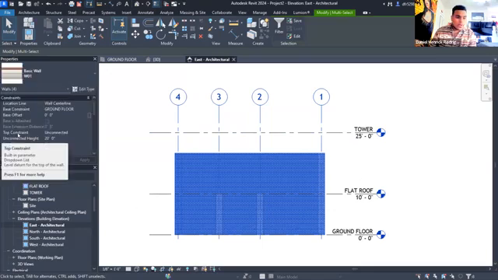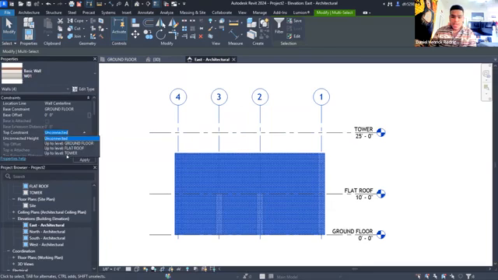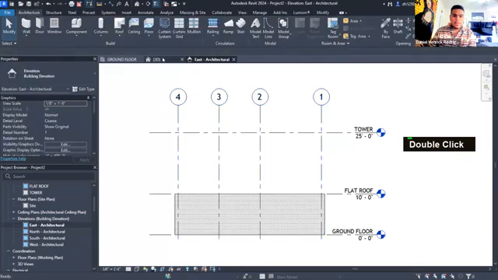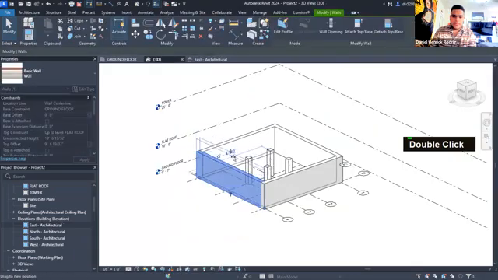Once you do, we're just going to go to the properties tab where it says top constraint, and change it to flat roof. Just like that, the walls now go to that level. In 3D, you're also able to move things up and down, and they can kind of snap with the right levels, right? So right here,